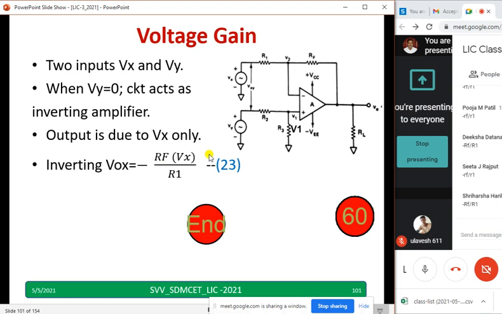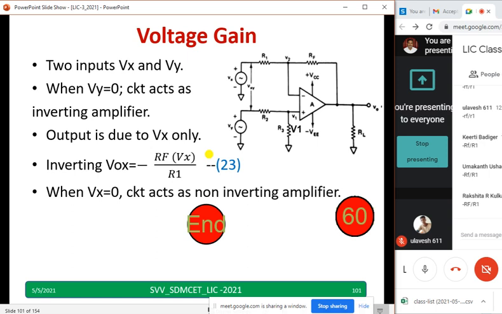Similarly, thank you, Vinod, Sita, Diksha and Kirti. Observe parallelly. Now Vx equal to 0, the circuit acts as a non-inverting amplifier. When I give Vy only, what will be the output? Can you say? When I give Vy only, what might be the output? Write down the equation completely. Gain all of you know. What is the gain? All of you know for non-inverting. So far Nischal, everybody has typed. Srirang, Omkar has typed for inverting. What is the non-inverting equation?